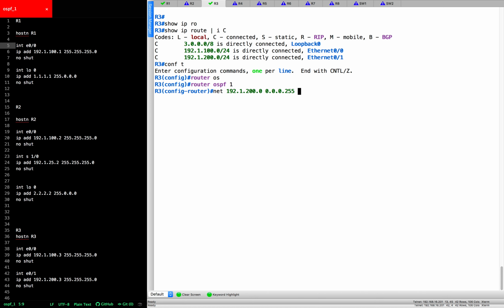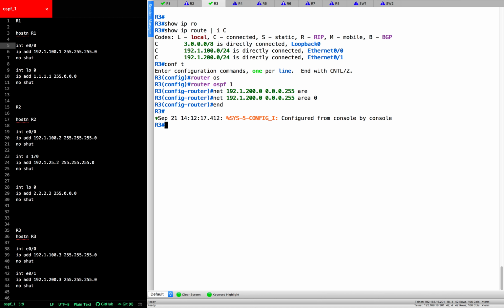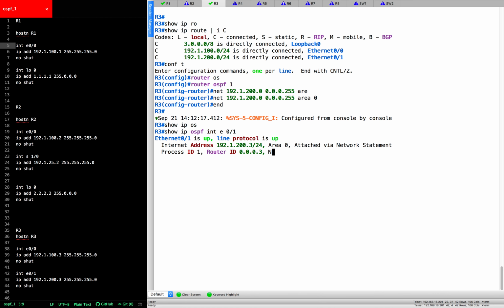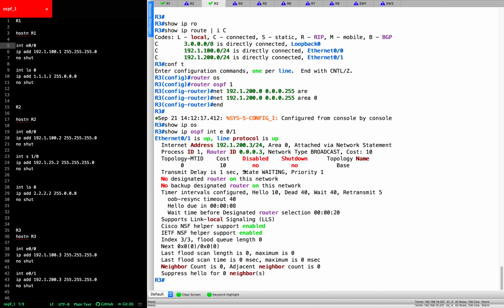0.0.0.255, and which area? Area 0. Good. You can see the state of this as well. Show IP OSPF interface, it's going to be Ethernet 0/1 if I'm not wrong, right? So you can see the state is waiting. So this is the state I was talking about, the first 40 seconds. It's going to wait for the first 40 seconds before it can actually start an election. So this is that initial